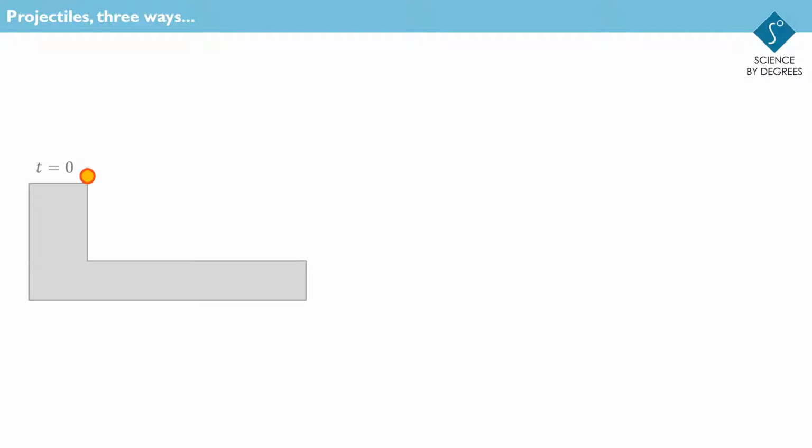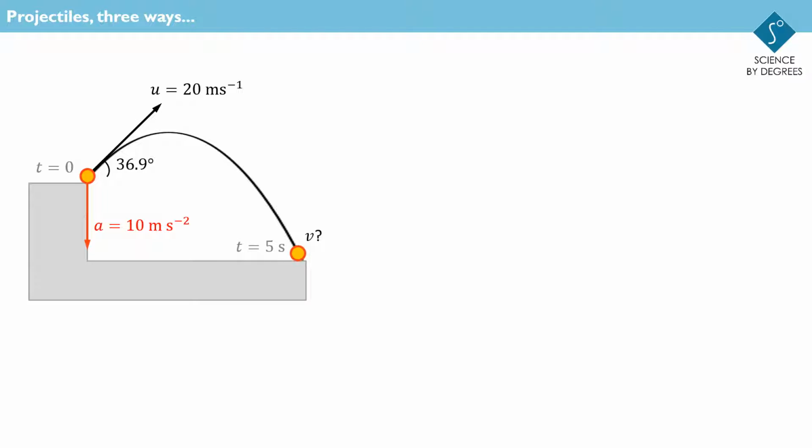Here's an object on a cliff. We launch it from the cliff at 20 meters per second, 36.9 degrees above the horizontal. It is subject to Earth's gravity, but assuming zero drag there are no other forces, so the acceleration is always g downwards. It follows a parabolic path like this. The question is, if it lands at the bottom of the cliff 5 seconds later, with what speed does it